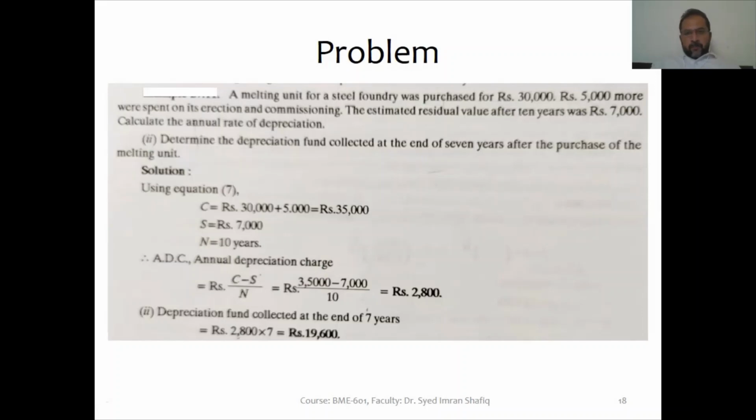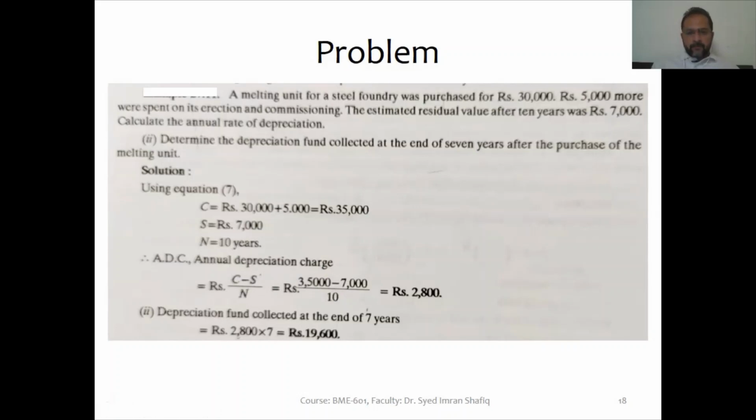So the original cost of the melting unit is 30,000 plus 5,000 spent on erection and commissioning. The total cost will be 35,000. The scrap value or the residual value after the useful life is rupees 7,000, and the number of serviceable years N is 10. So the annual depreciation charge by the straight line method will be (C minus S) divided by N, that is 35,000 minus 7,000 divided by 10, which comes out to be 2,800 rupees